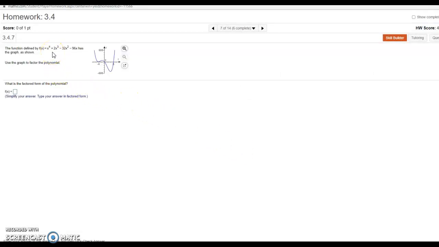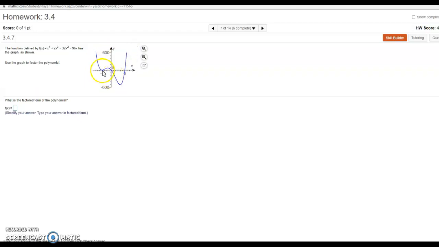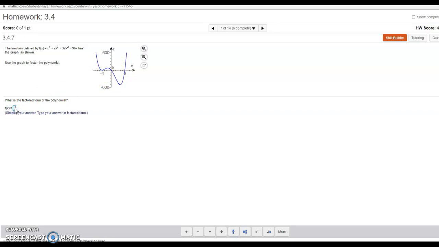Here we're factoring a polynomial. We can use these x-intercepts to help us figure that out. Whenever the graph just bounces off the axis, like we can see here, you might want to blow it up a little bit. So it looks like it bounces at -4. That means you're going to have the factor of x plus 4, and I need to raise it to the second power. Again, because it bounces, a graph that bounces off the axis has an even multiplicity, and we'll assume it's 2